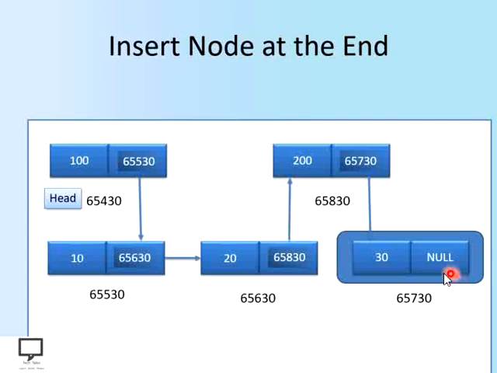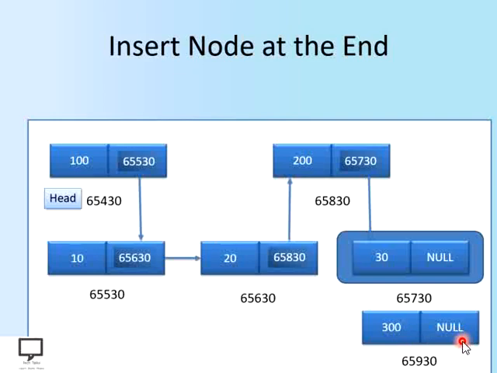So now we are at the desired position, because here we are going to insert a node at the end of the list. So now at this end, what we have to do is insert a new node. For that we have to create a new node. Let's create a new node. Let's see its different address location, and assume that its information part is 300, and initialize the next field to null. By default we have to initialize it.